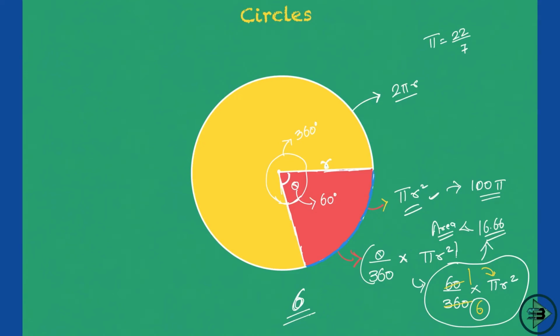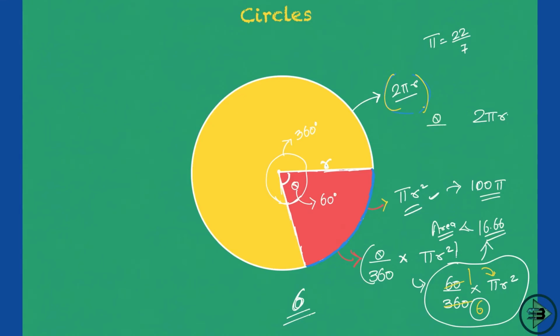This blue part is what I want you to know. How will you know this? You will say, I know the entire part. This entire thing is nothing but 2 pi r, and you are asking me for something that is part of 2 pi r. So don't tell me the entire 2 pi r. Tell me this part of 2 pi r, which means part of the boundary, part of the circumference. So again, that will be dependent upon this angle, theta.